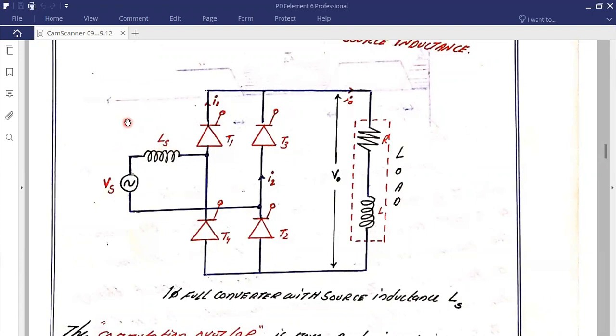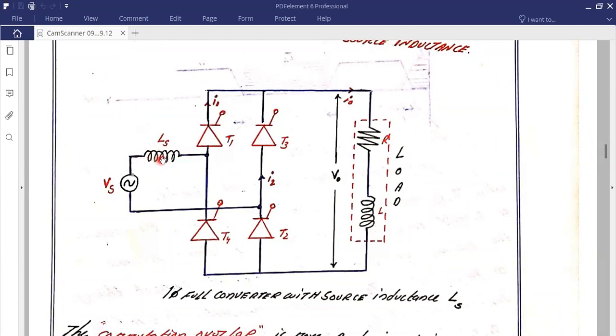The resistive part is not going to have much effect on the converter performance, that is, on the switching devices. Due to this resistance, you may simply have a voltage drop, so the rectified DC output voltage may be reduced. That means a power loss in the internal resistance. As the source internal resistance is quite low, the power loss on the source side may be of negligible value. So mainly we need to consider the converter with this inductor.